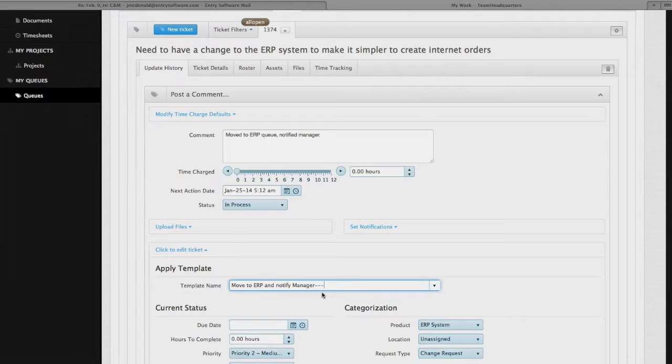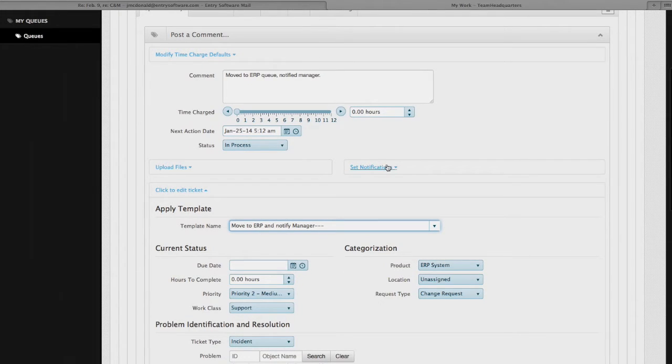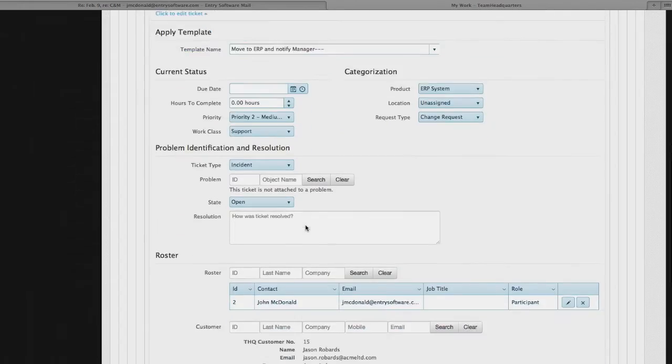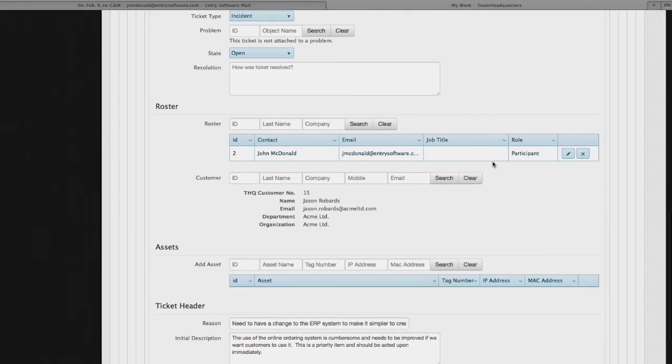I've set this template up so that it will modify a few of the fields, set a notification to the customer, and send a notification to the manager of the ERP queue. Let's take a look at what's happened. As soon as I selected that, I'll see that the notifications have been set to the customer and to the manager of the queue. I can see that the product has been selected, and I'm ready